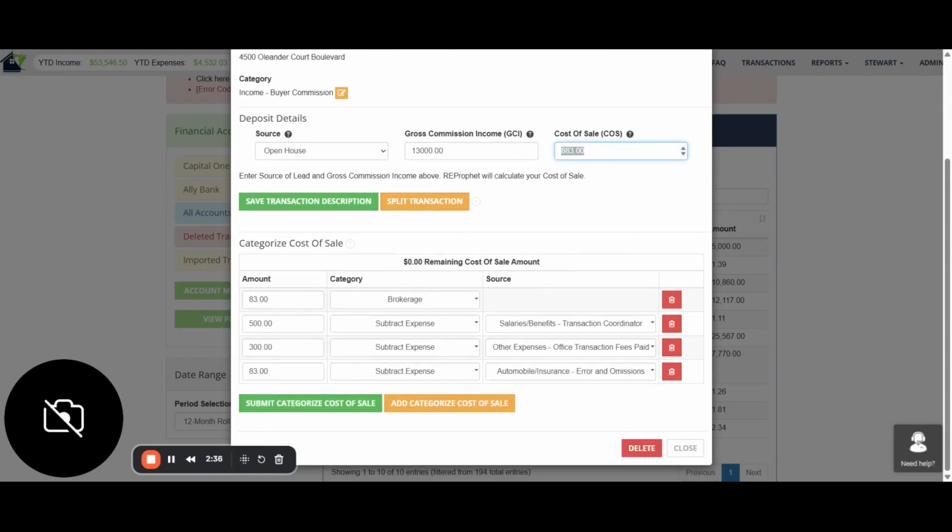Now, sometimes more than true cost of sale gets lumped into this number. And we want to make sure that we go ahead and break it out correctly. So down here at the bottom is where you will categorize your cost of sale, okay? These areas are already filled in for us, but I want to make sure to review this with you. So true cost of sale are things like referral fees that are paid out, brokerage splits, team splits, and